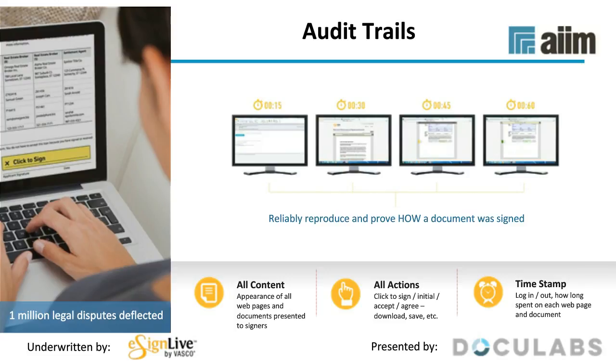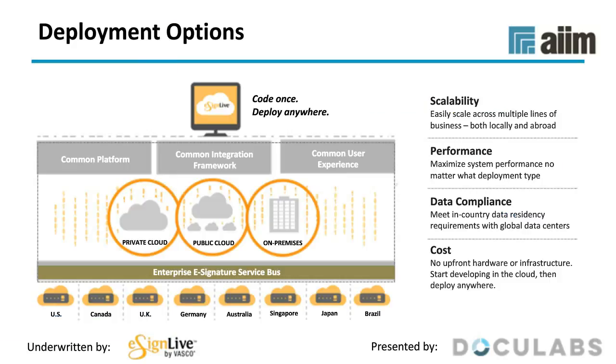Now, moving on to deployment options. Another really important consideration for anyone looking at e-signatures is whether to use an e-signature service on the public or private cloud, or opt for an on-premises installation of the software. Now, all avenues are possible, and really what you want is to be able to have the choice between either deployment option, obviously without ever compromising on security, scalability, or functionality.